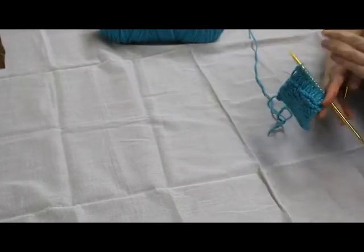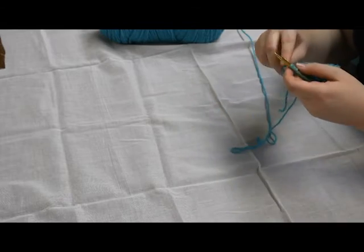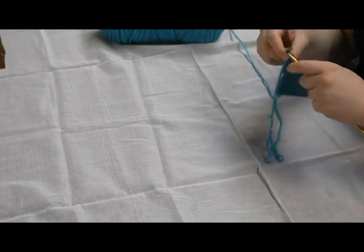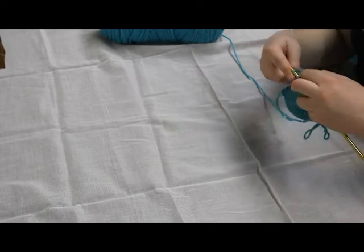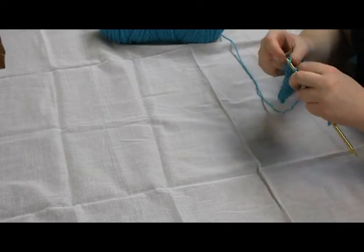Now I'm going to teach you the 4th most common kind of stitch, and this is called a seed stitch. Now, just like a ribbing, you're going to knit 1, purl 1, all the way down the row. What's different from a ribbing is how you start the rows. So, if you end your row in a purl stitch, you're going to start the next row with a purl stitch. If you end your row with a knit stitch, you're going to start your next row with a knit